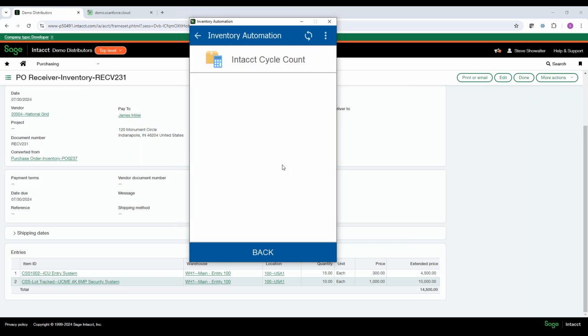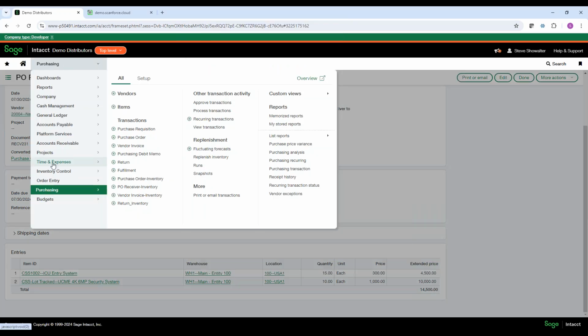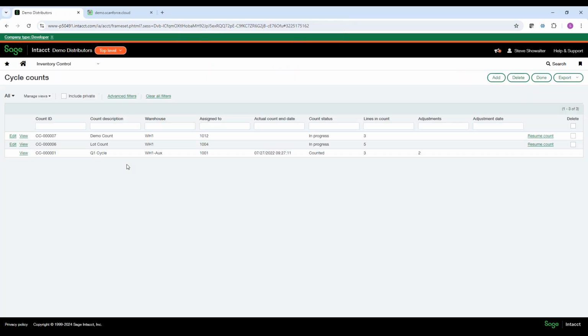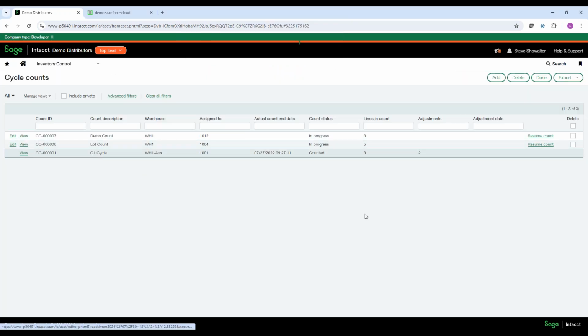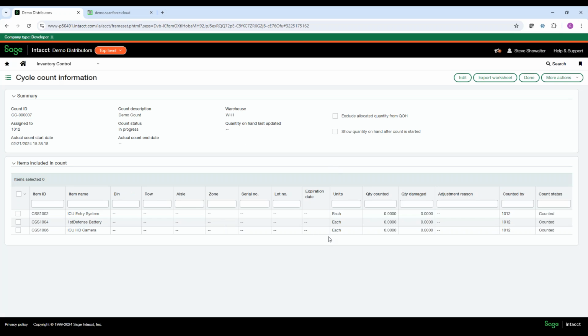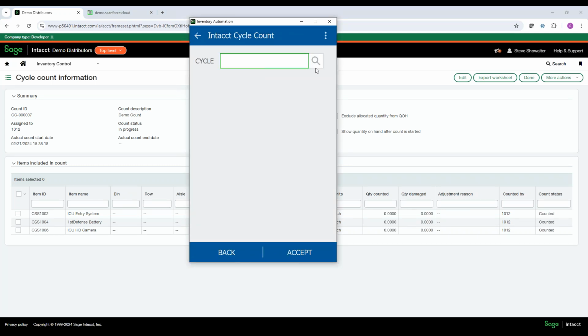We have a few minutes. I want to show you guys this. So back in Intacct here, under inventory, I have a cycle count and I just have a demo count. If I pull this up, this is where you would go and create your count. I just put 3 items in here so you don't have to watch me do a count of a ton of items here. What I would do is go into this on my mobile device,